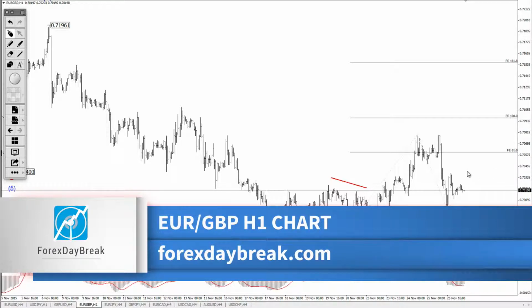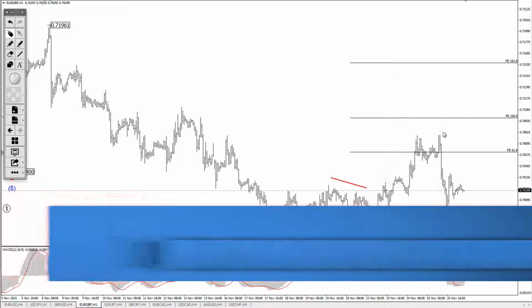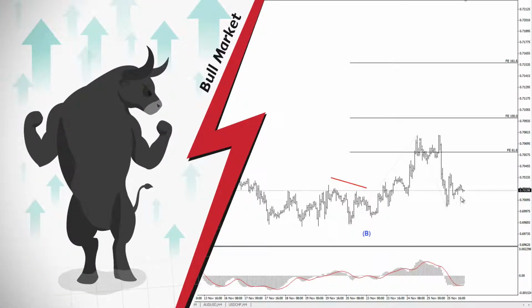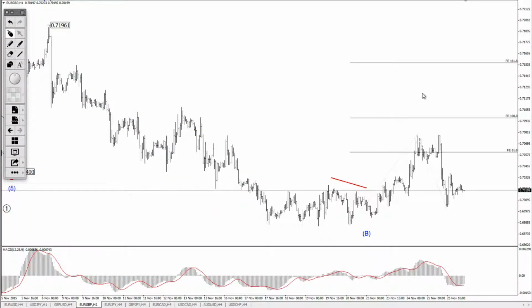So yesterday we had a very strong downwards move, and our trade, which was about 60 pips in profit, maybe a little bit more, hit stop loss, which was already at the break-even point. I wasn't expecting a move as powerful as the B wave, but still there's more to be traded here. So I'm expecting still the same outcome of this correction, a move towards 0.72,